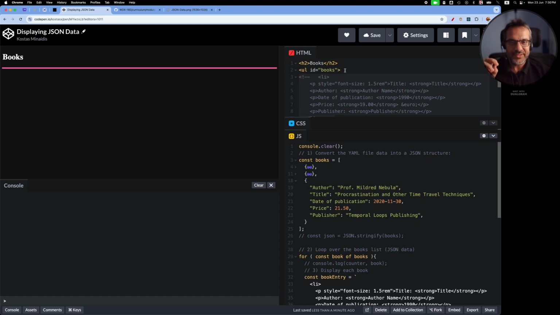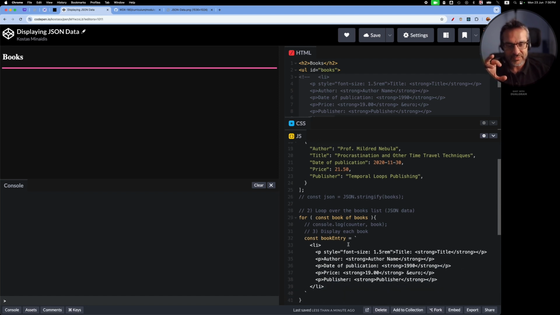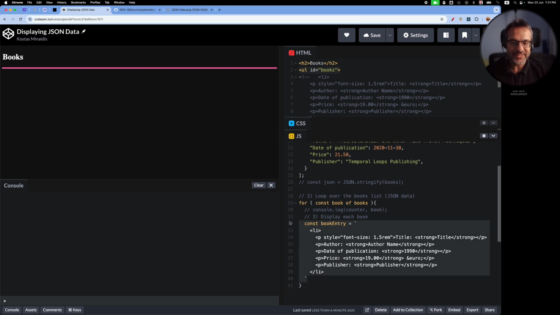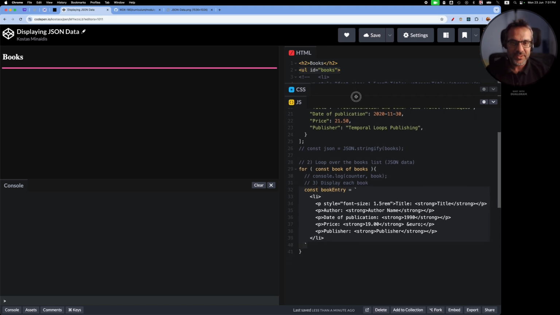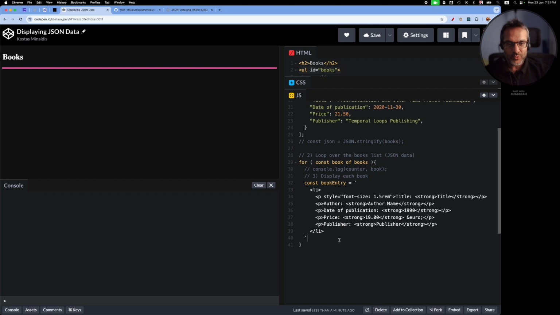code. In here, I want to inject this template in the book unordered list. So I have to pick this element using a DOM method and then inject this as an HTML string inside this element. So the first thing I have to do is to actually pick a reference of the unordered list with ID books. I can do that with